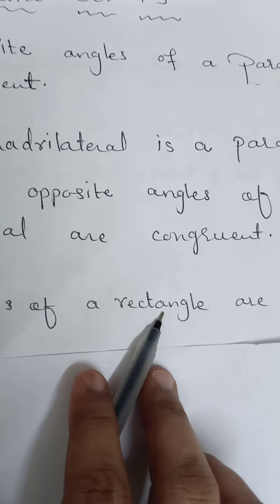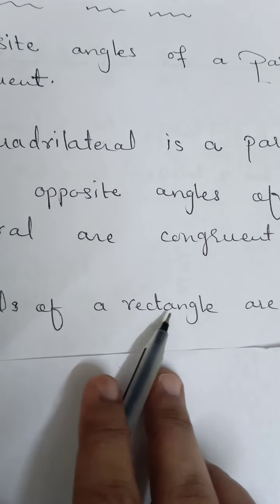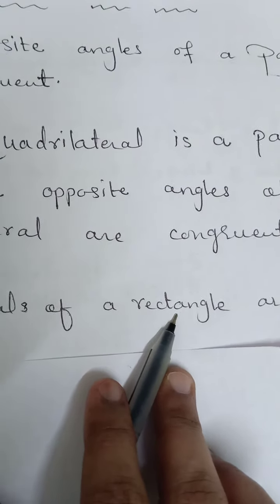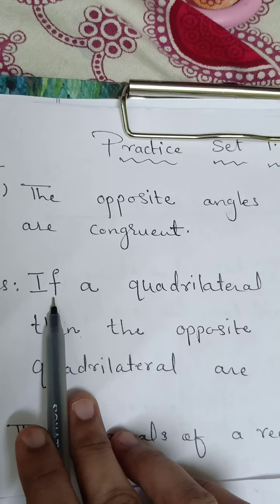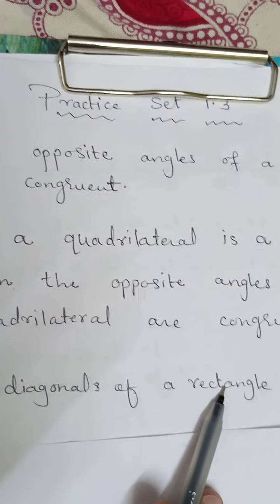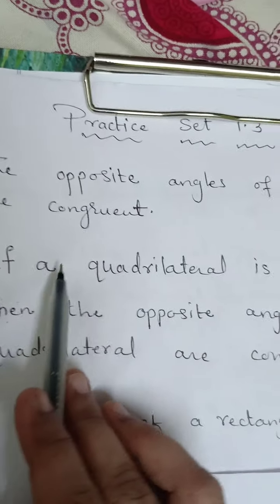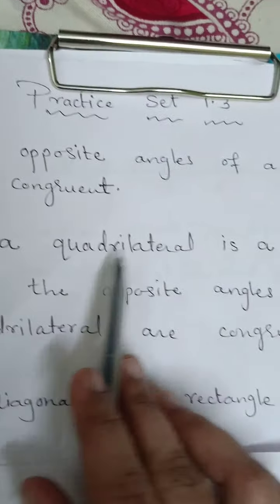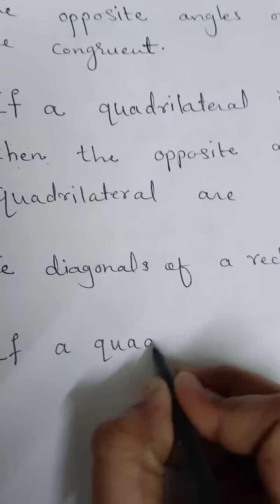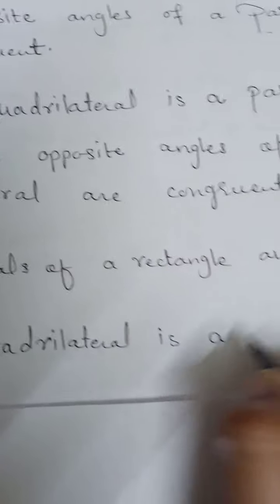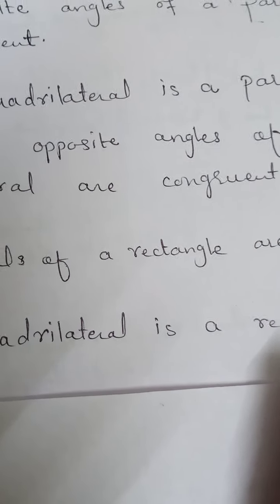So here the rectangle, I have already explained to you, is nothing but again a type of quadrilateral. So here also we have to use the word quadrilateral. We will start the same way as we started question number 1. So our statement will start from the word if, and a rectangle is also a quadrilateral. So the first statement will be the same: if a quadrilateral is a rectangle. Okay, so like this I will start. It is very simple.